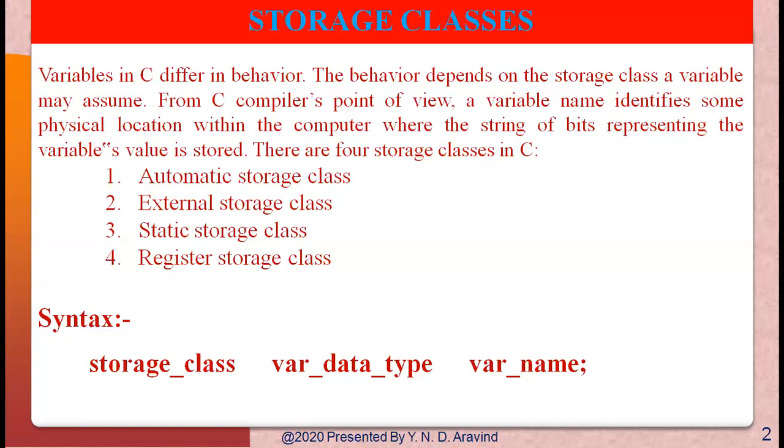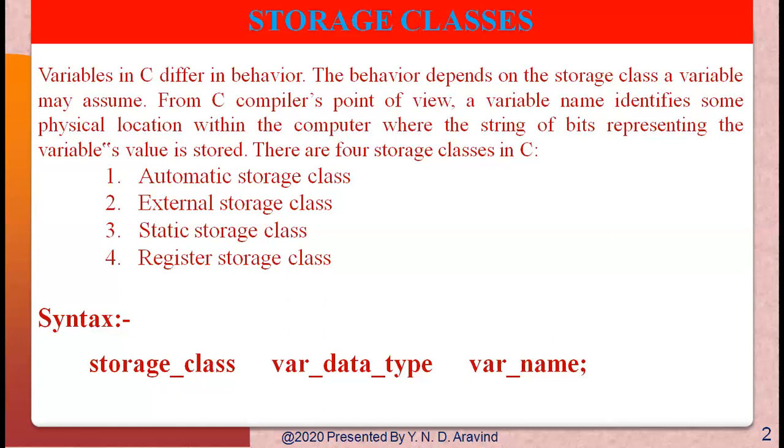Now we need to understand what is the major difference between the scope and lifetime. The scope of the variable determines over what part of the program a variable is actually available for use. That is, where these variables are active in the program. Whereas the lifetime refers to the period during which these variables retain a given value during the execution of the program. That is, during the program execution, till how much time these variables are alive.